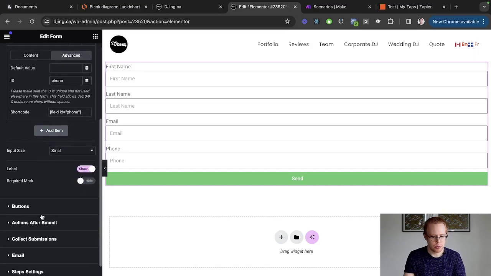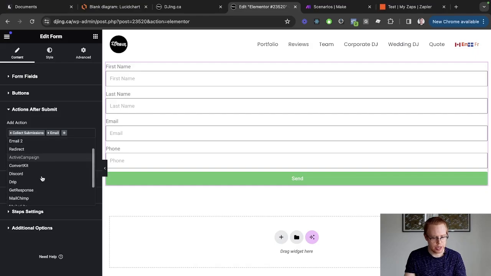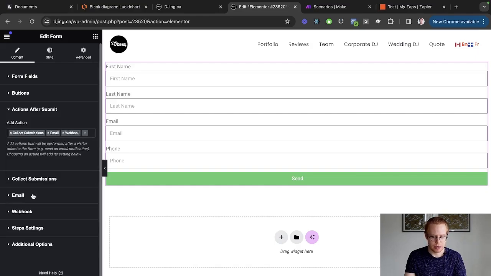Now, the important thing, as I mentioned, is actions after the submit. We need to add one here, and what we need to add is something called a webhook. Now, if you're using a website builder and you don't have access to a webhook, then this is going to be hard for you to do. Right now, I don't know any substitutes. For me, when I choose software,